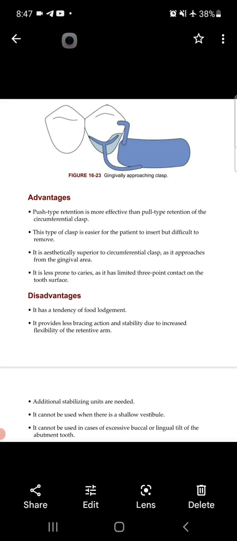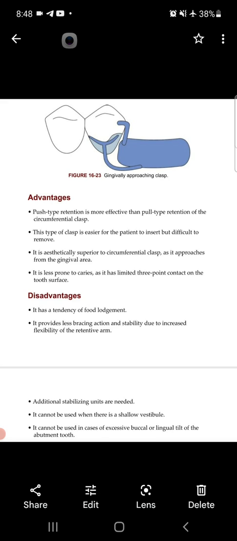It cannot be used when there is a shallow vestibule. If there is a low vestibular depth, it cannot be used, because the bracing arm, which is a minor connector, comes in the vestibule area. It also cannot be used in cases of excessive buccal or lingual tilt of the abutment teeth. If the abutment tooth is excessively tilted toward the buccal or lingual surface, we cannot use the gingivally approaching